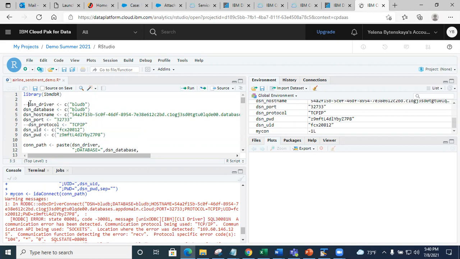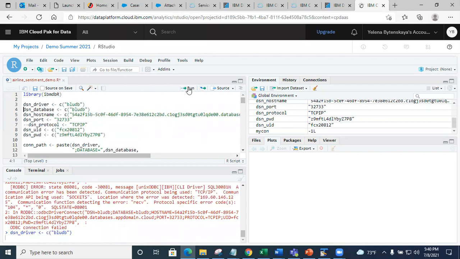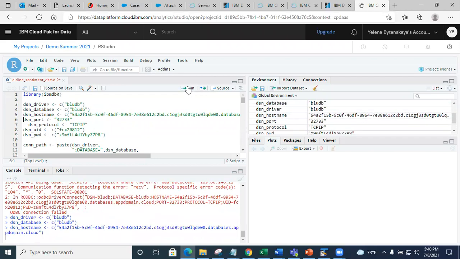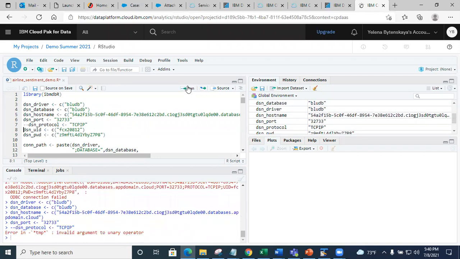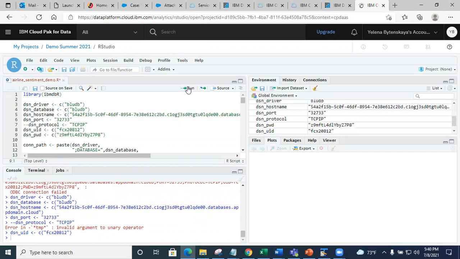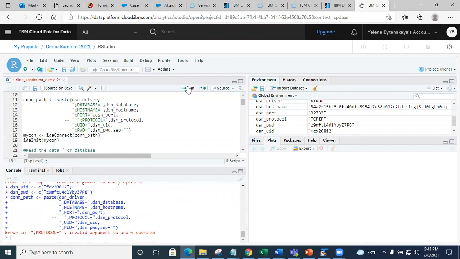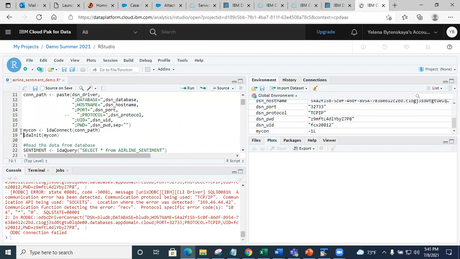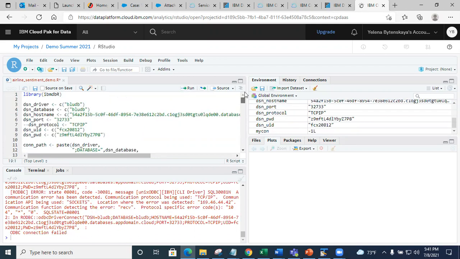Okay, let's try like this. Checking with the driver here. What driver would you then apply here? That would probably be the same as the database, or you can change that to the uppercase BLUDB that was there before, just to keep things the same. The driver would be uppercase as it was earlier.